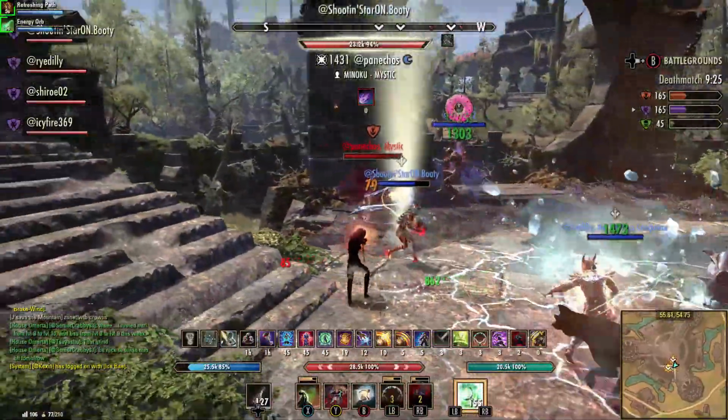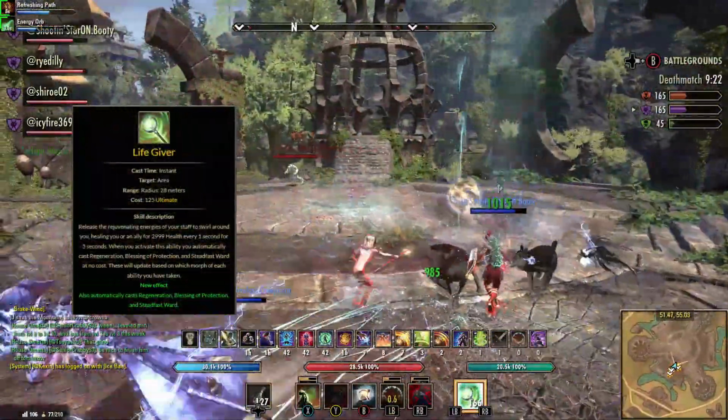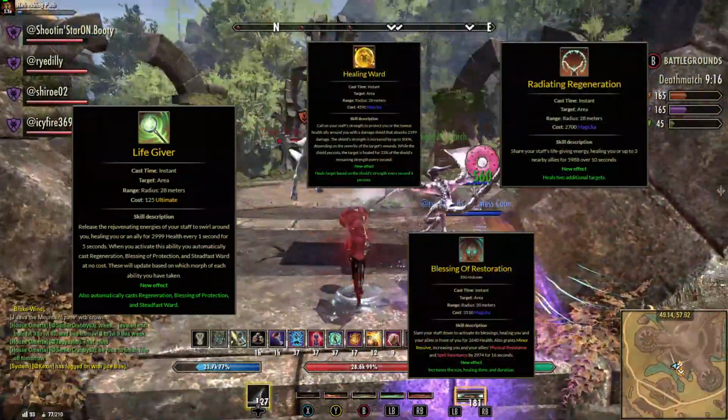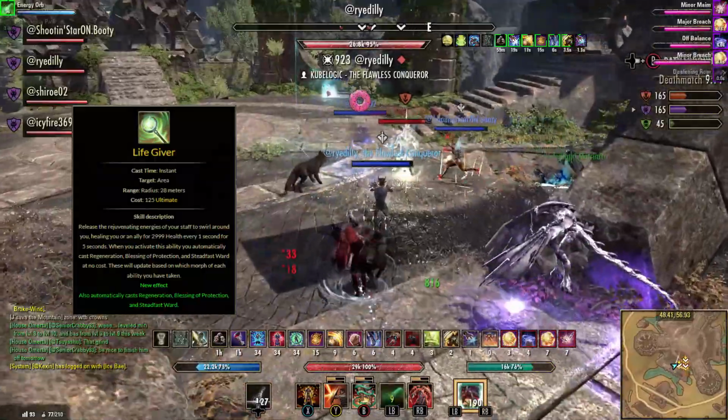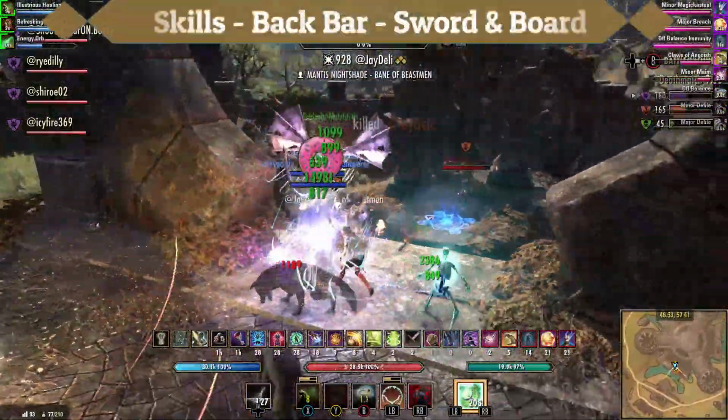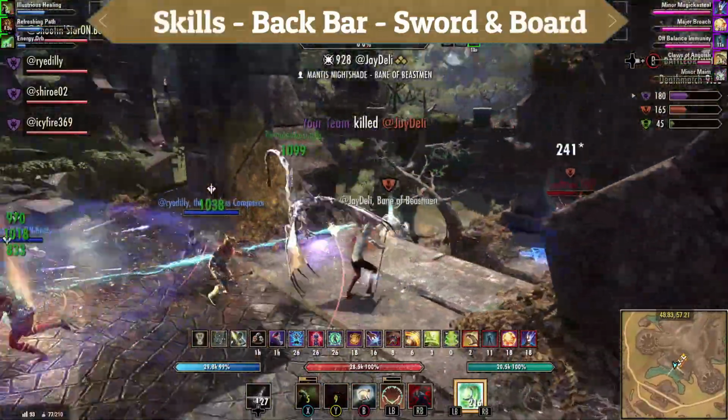The front bar ultimate is Life Giver. This is one of my favorite PvP ultimates in the game since its 3 abilities merge into one, and it's got its own big heal over time over 5 seconds. During my BGs, I was treating Life Giver as my own self-burst heal when I was in those desperate types of moments. On the back bar, we are using a Sword and Board, and our first ability is going to